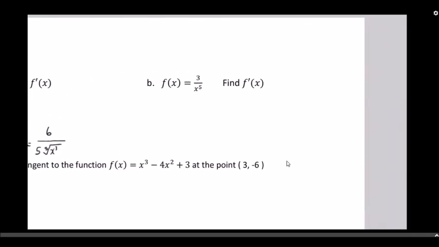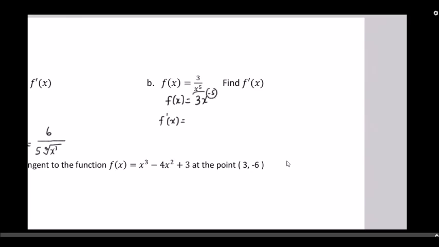Part B. At this point in the discussions, we hadn't talked about the quotient rule. So at that point in section 2.2, we wouldn't have known how to take a derivative of a rational expression like 3 divided by x to the 5th. So again, this would have required a rewrite of the function f of x equals 3 times x to the negative fifth power. And like on part A, we can use the simple power rule now. The derivative of f, or f prime of x,